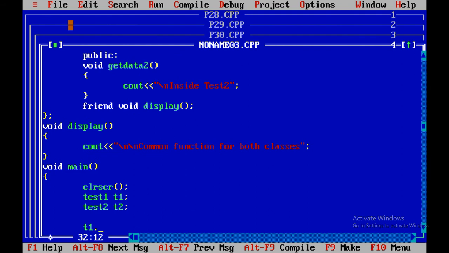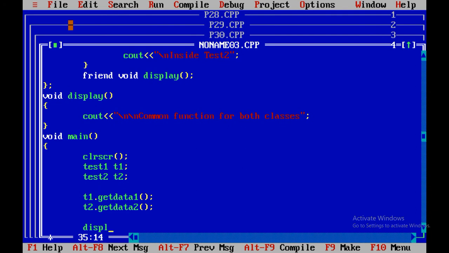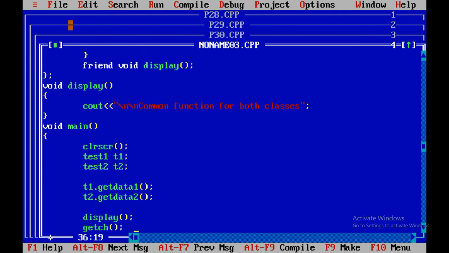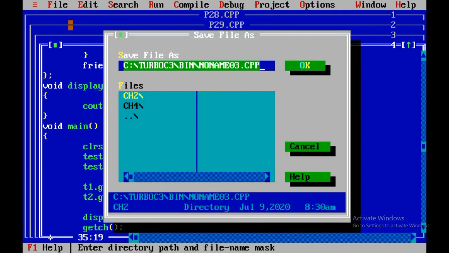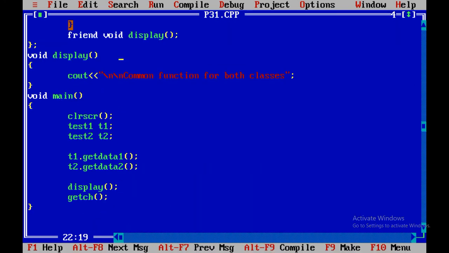Now t1.getdata1 and t2.getdata2 and then display. Let me save the program first. Program number 31. Now let me explain.